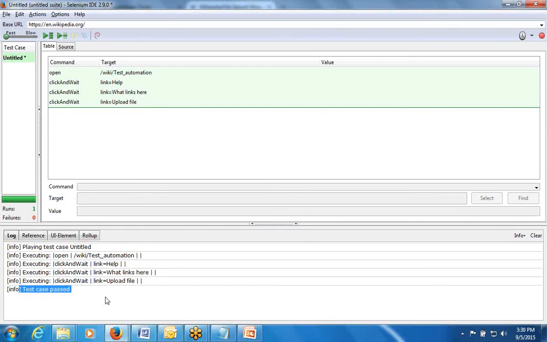Previously I explained that by default the code will be generated in the HTML format. So now from the HTML format you can store this into a Java file. For example, I am storing this file on my desktop and saving it. It will store as a Java file.